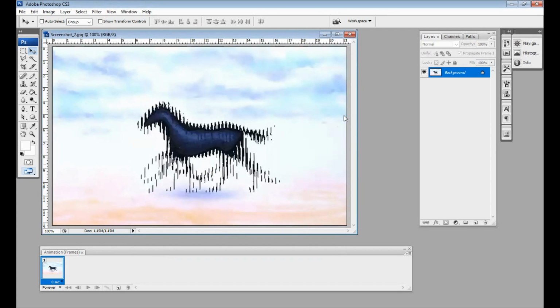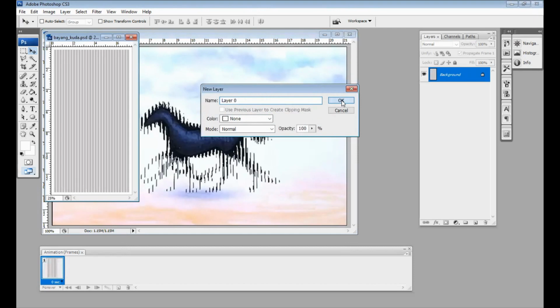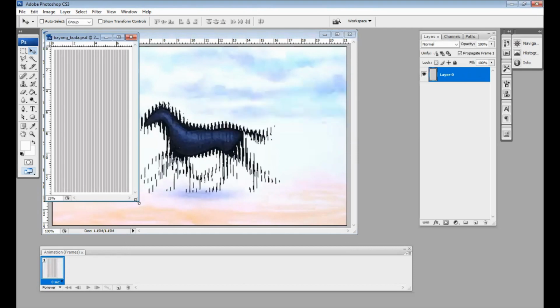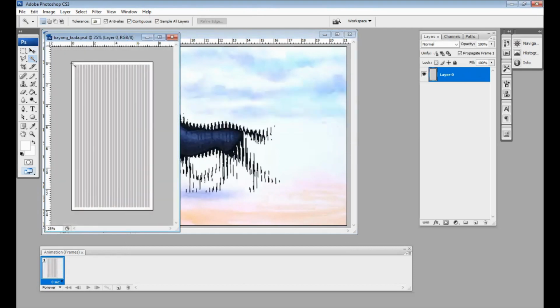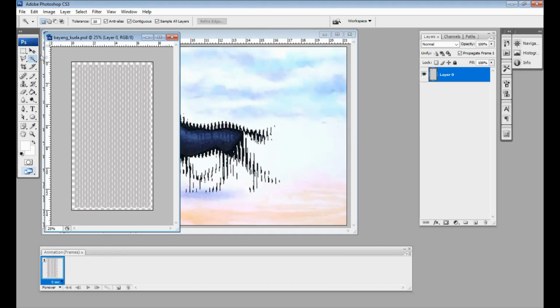the silhouette, I think. Okay, change the layer. This I click on CorelDRAW and then export to Photoshop.